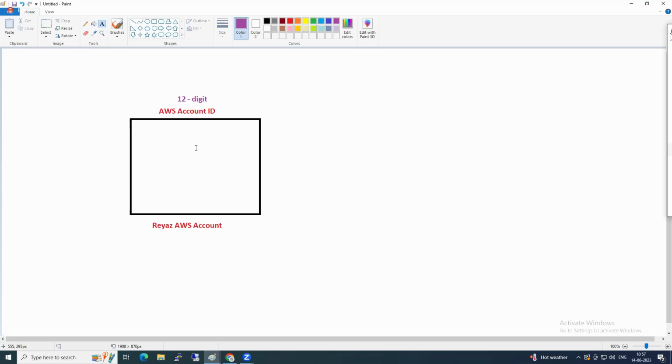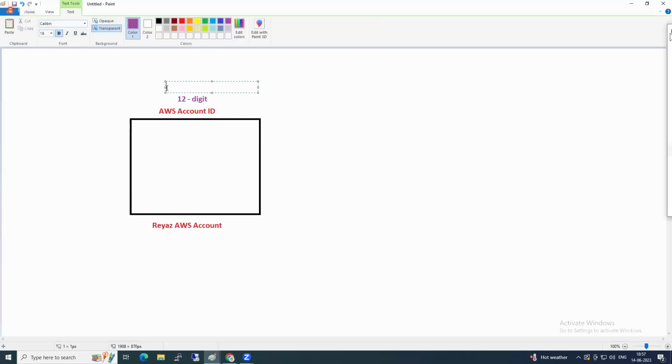Using the ID. She has her own account. I say, give me your account, and she gives the ID. So every account is identified with the ID. And it is very hard to remember the 12-digit number. That's the reason why I create something called an account name, or I can call it an alias. What's that? Alias. Instead of remembering a 12-digit account number, can I create an alias